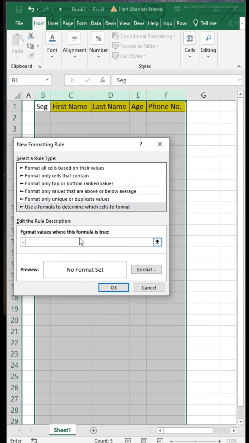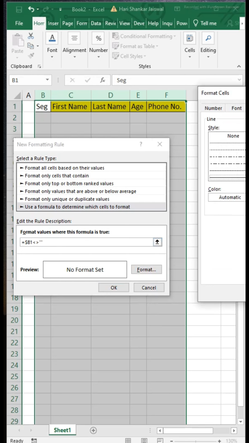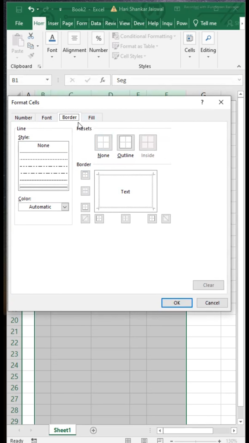an equals to, we'll select this cell, and we'll remove this dollar. We'll keep only the column number dollar, and not equal to blank, and then Format. After Format we'll go to Borders and Outline. Okay,